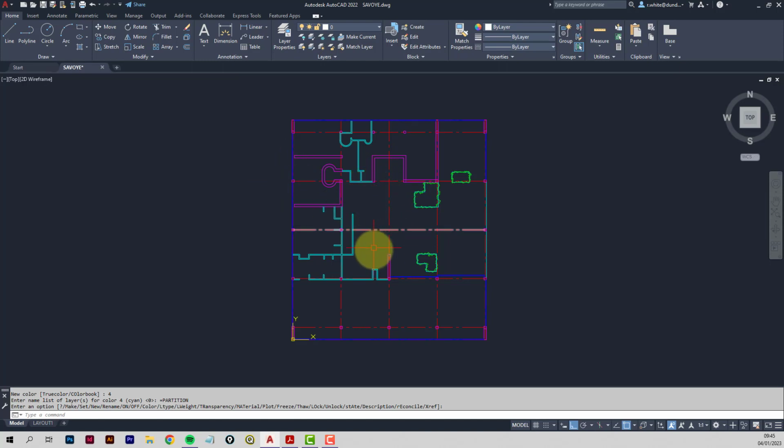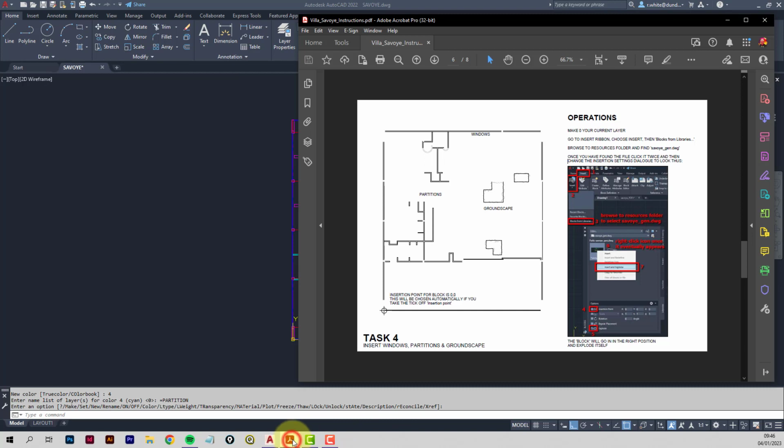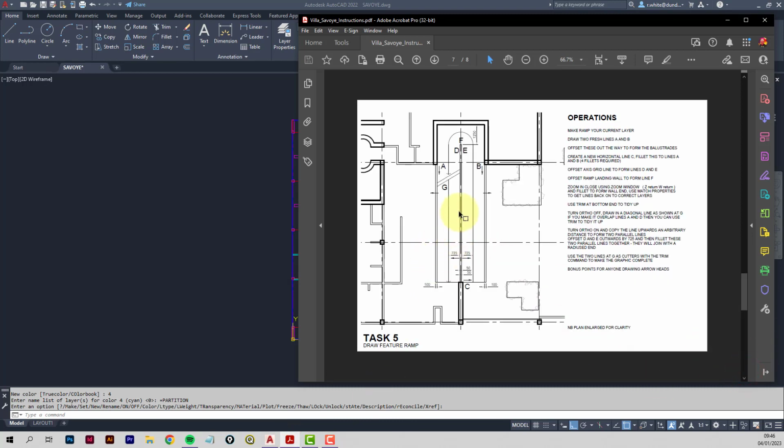So the next task is to create a ramp feature in the middle of the plan. So task number 5. We've got this ramp detail. There's quite a few stages to creating this. Firstly we're starting off with these lines A and B, so we're just pulling lines down from the corner of the walls. And we just go past position C initially,